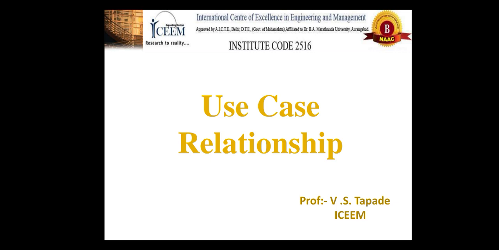In that we have seen what a use case diagram is, why there is a need to draw the use case diagram, and how the functional requirement of your system is represented with the help of the use case diagram. So what is the use case diagram and why is it drawn? To show the functional requirement of our system. Then there are three main components of the use case diagram. We have discussed them one by one in detail.